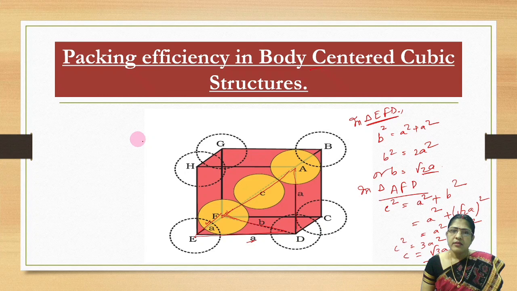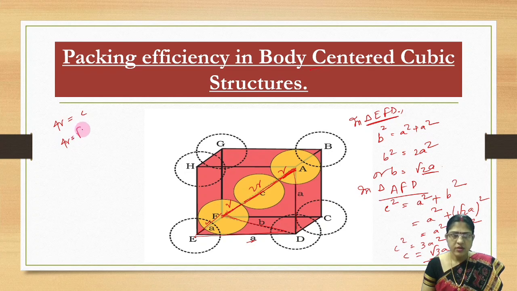Then, so this C, is it equal to 2R here? If we correlate with the radius of this sphere, atoms are spherical in shape, so I am saying 4 spheres. This one, 3, 4R. These 3 atoms, 2R, and this R, this is R. So this 4R is equal to C. C is how much we calculated? 4R will be root 3 A by 4, right?